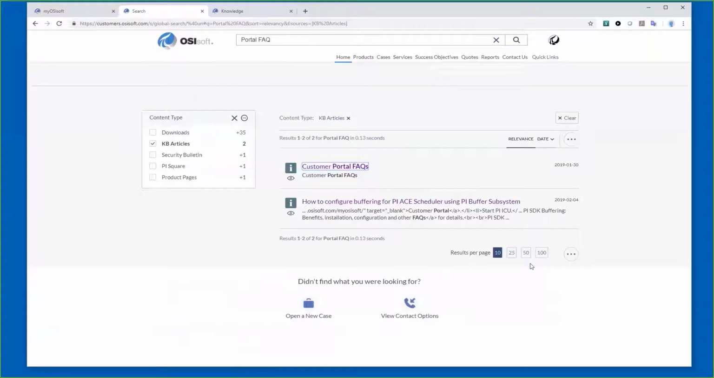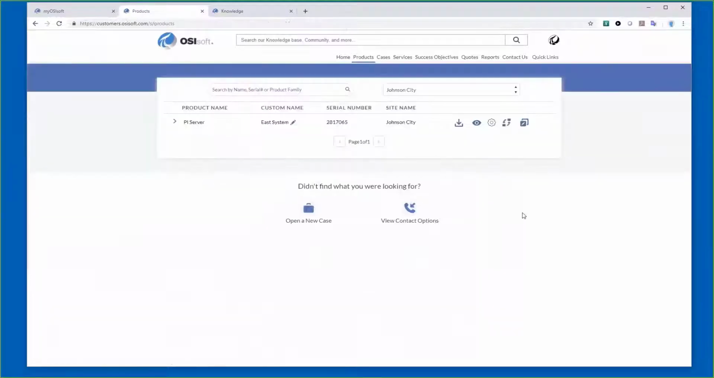So one of the areas that I'm going to highlight is the product section. One of the things that we've seen customers ask is, how do I download products? So I'm going to walk through how the product information is organized now so that you can find a particular install kit that you're looking for, and you can then download the product and the documentation, both current